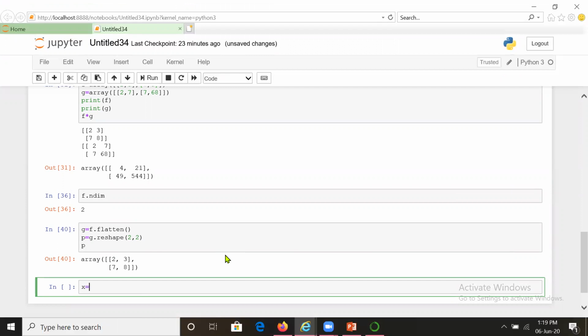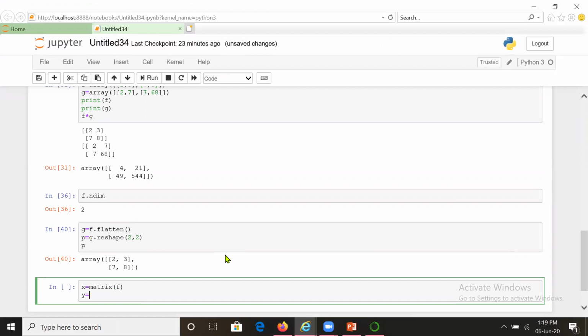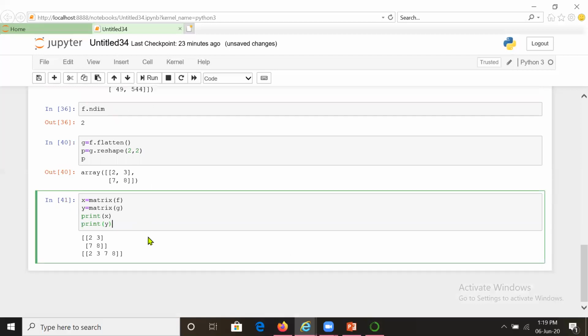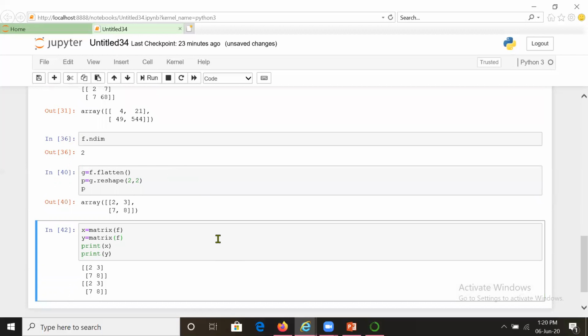Let us use X is equal to matrix F, and matrix is the command to convert that, and I will do the same using another matrix. I will copy it, and suppose G is the element, and we get Y. Let us print x and print Y. Okay, you can see here you have converted this into matrices. Now suppose Y is a double dimensional array and we want to make it single dimension. G is similar to F, okay, these are the similar elements. Let us work with it. So X and Y are the two by two